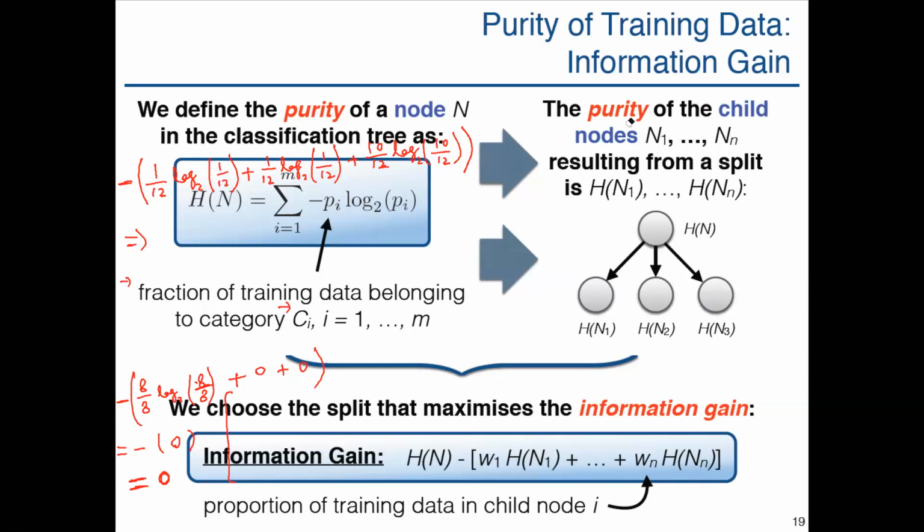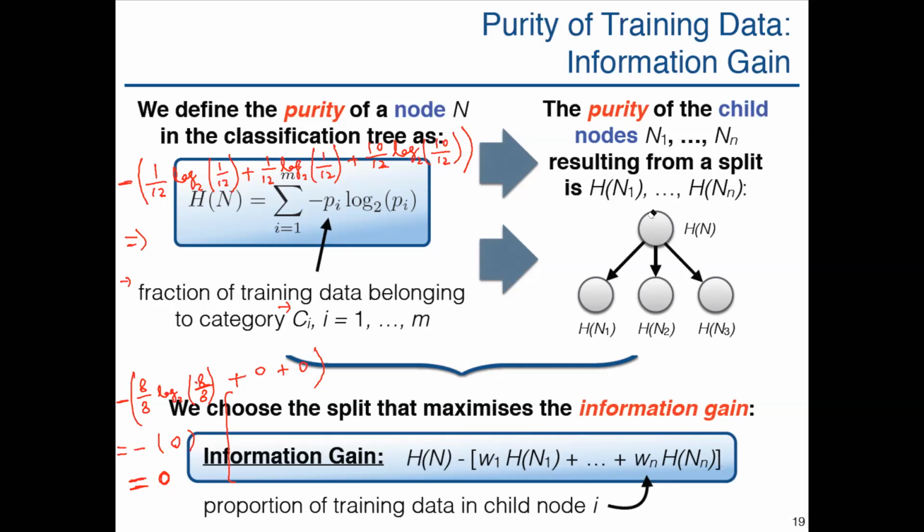सर, इंफॉर्मेशन गेन का फॉर्मूला थोड़ा सा रिवाइज कर सकते हैं? Okay, so H of n corresponds to the entropy of this parent node. ठीक है, या जो भी आप impurity measure यूज करें, यहाँ पे आप entropy यूज करें तो यहाँ पे वो